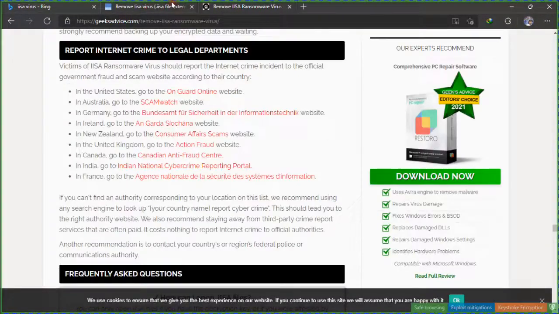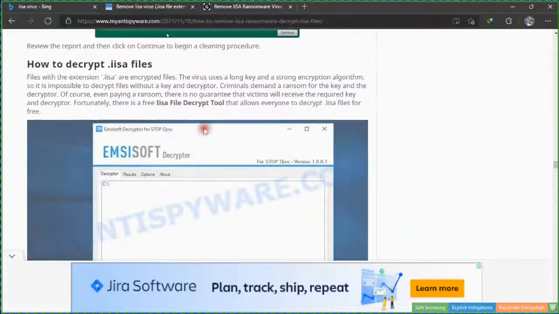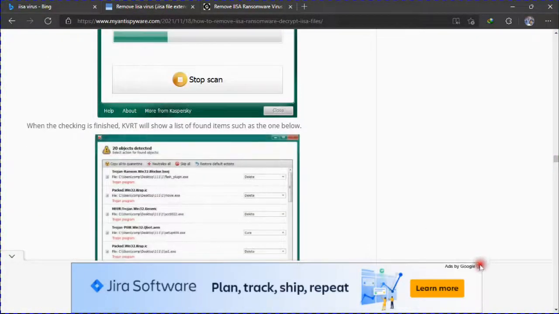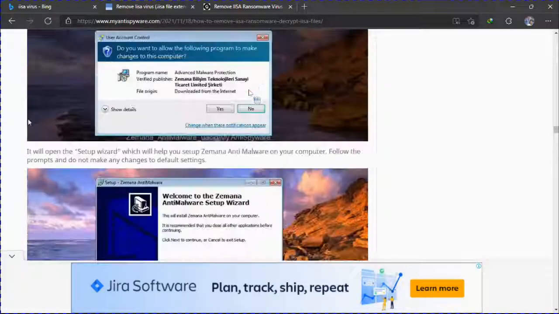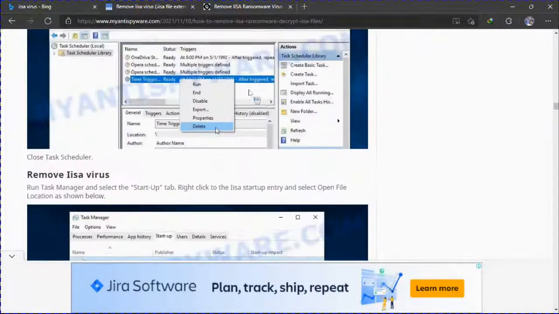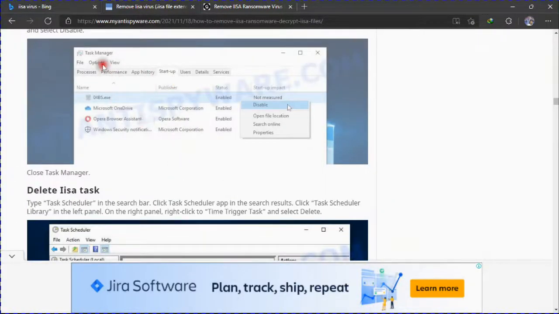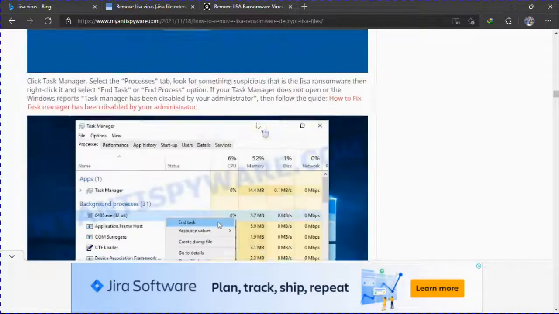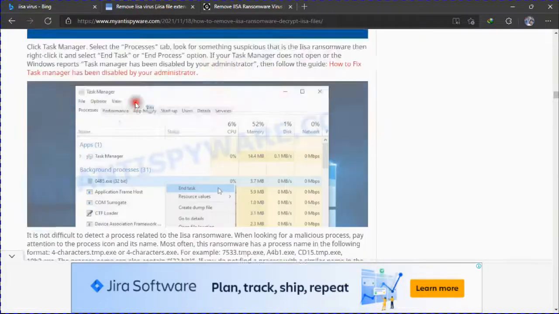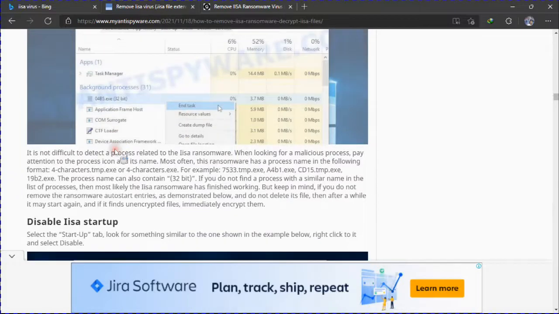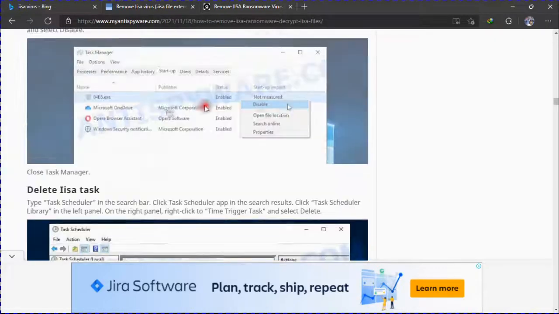So we need this software to be downloaded. First, we uninstall them, we remove them. So how you do this, first let me show you from here. And after that, what you have to do is go into your startup in the task manager and disable them, and then go in the processes of the task manager, end all these unknown tasks and then disable them.